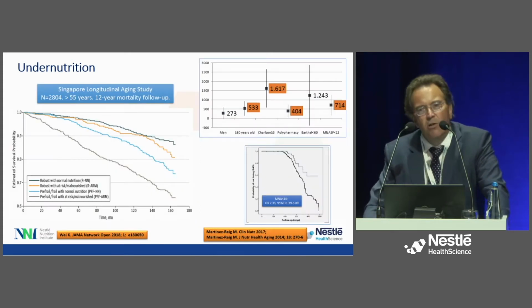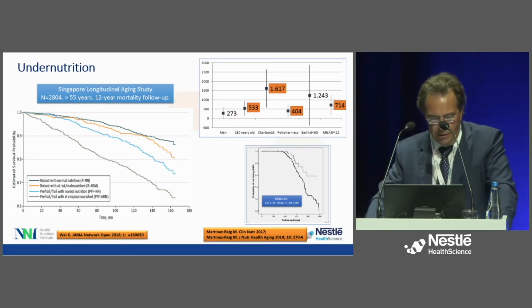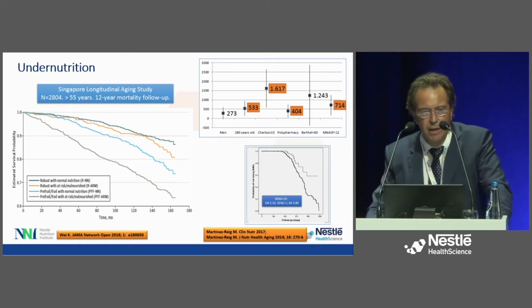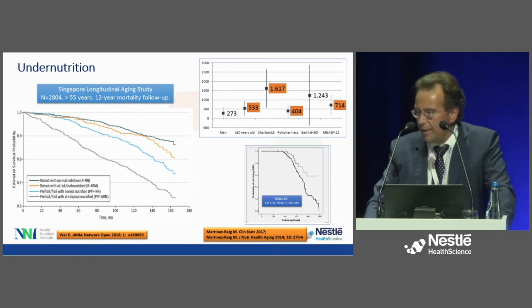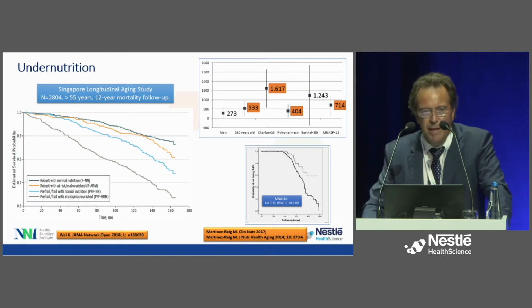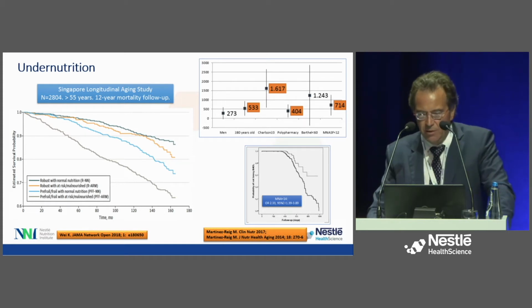And it's also well known that undernutrition is associated with adverse health outcomes. I present you here 3. In the left panel, you can see from the Singapore Longitudinal Study of Aging how undernutrition is associated with mortality. And we will return further on to this figure. And on the right panel, down, from our FRADEA study in Albacete, Spain, we demonstrated also that undernutrition is clearly associated with incident disability in basic activities of daily living.